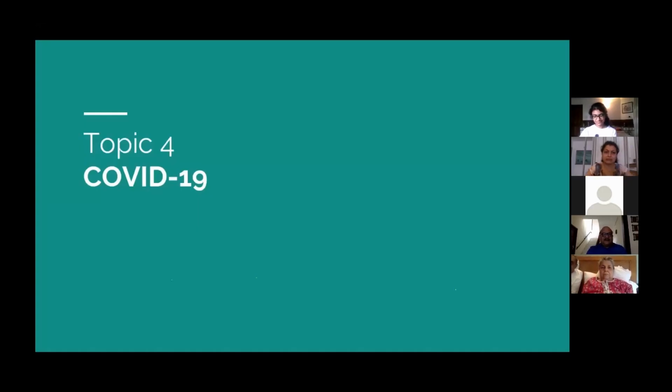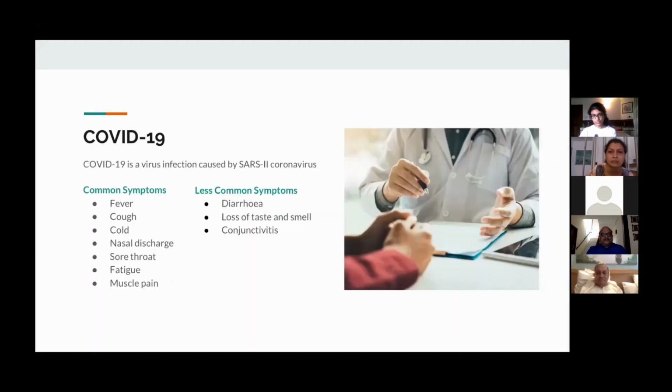Next, I will go on to the hot topic of today, that is COVID-19 infections, from which our entire country is now suffering. As you all know, it's a virus infection caused by a SARS-2 coronavirus. SARS means severe acute respiratory syndrome causing viruses. There are many groups of viruses which cause this type of syndromes. But so far in the world,